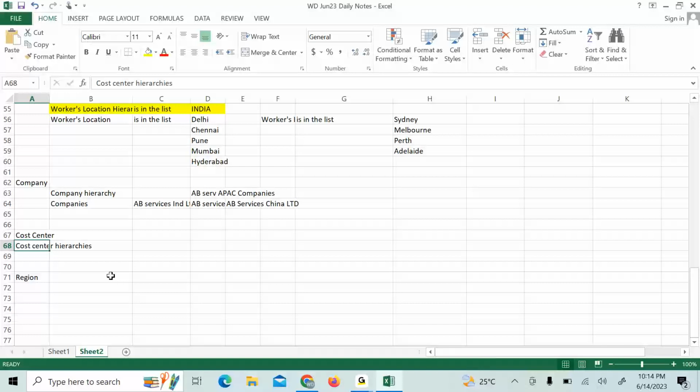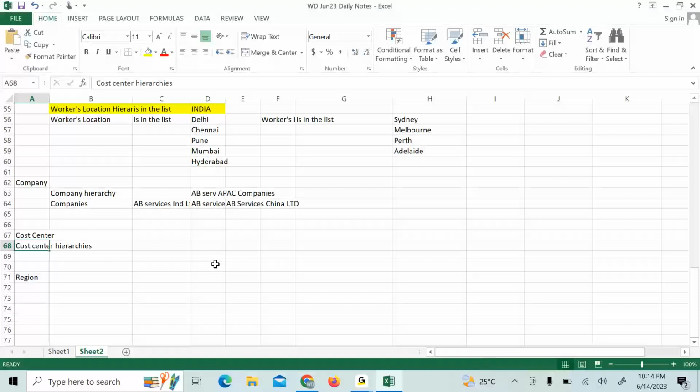Either they belong to one company, one supervisory organization, one team, one location, or one cost center. We'll see that later, once we start creating more positions and then do hires, and see how all these organizations will be tagged to the worker. We'll open those organizations and see whether the workers are tagged under the right organization types. Okay,